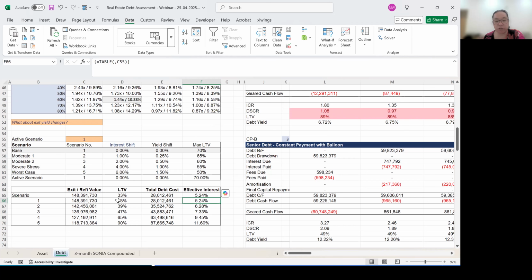So there is also another way for you to look at what is the optimal capital stack for you, given your cost of debt, your effective interest rates, and also the probability that you're not going to be able to pay back. So it's mainly looking at the exit or refinance value in relation to your loan to value and saying, okay, 87%, so only if the market drops by 50% am I not able to pay back the loan, for example, in this kind of bad scenario. Those are the kind of trade-offs that you need to start making in order to say, okay, I'm comfortable with a 50% loan to value or 60% and so on and so forth.